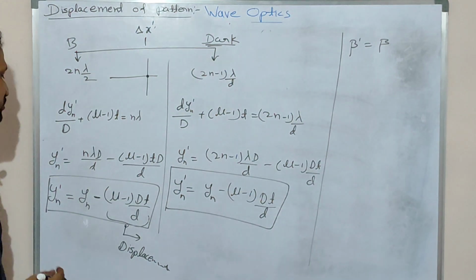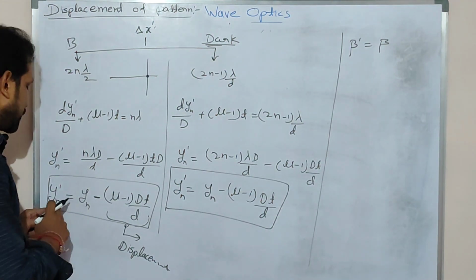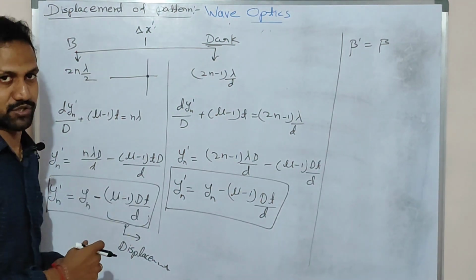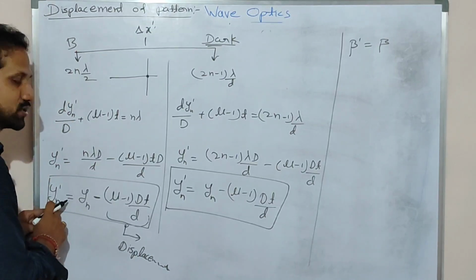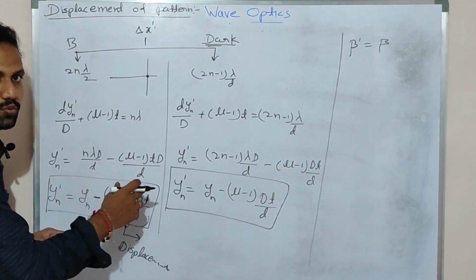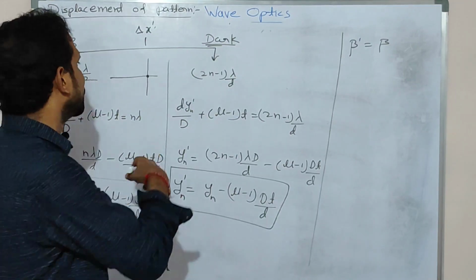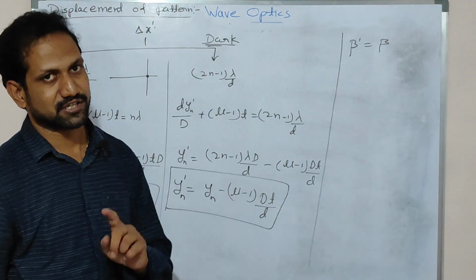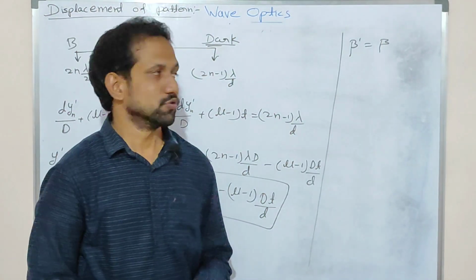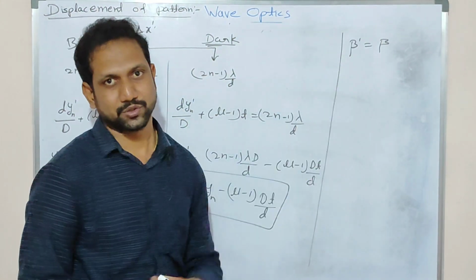Fringe width means the difference of any two consecutive fringe locations. If you consider n equals 1, n equals 2, and take 2 minus 1, you will get the same fringe width as before. By introducing the thin film in between S1 and P or S2 and P, you will not change the fringe width. And also